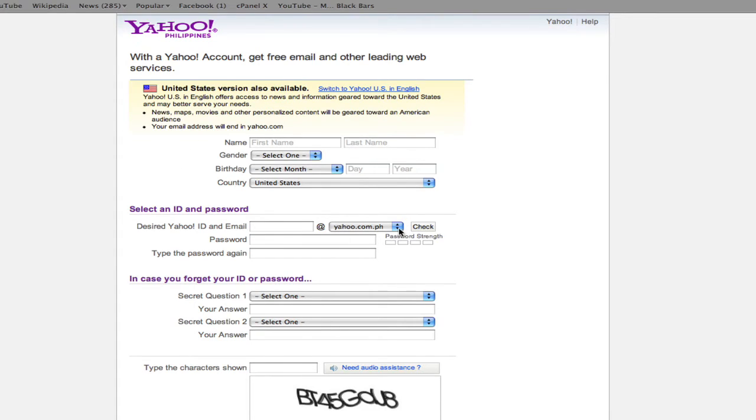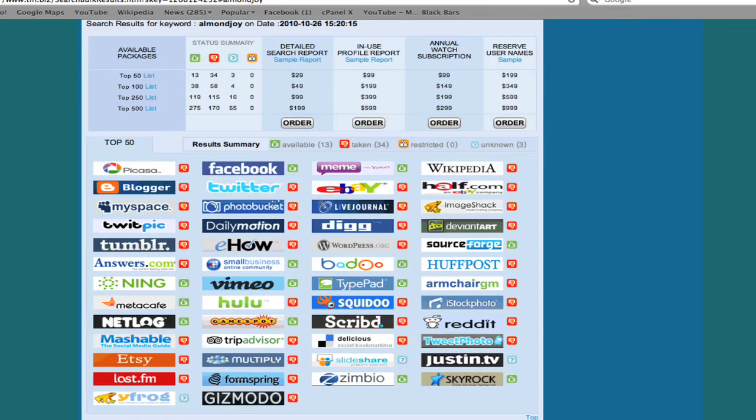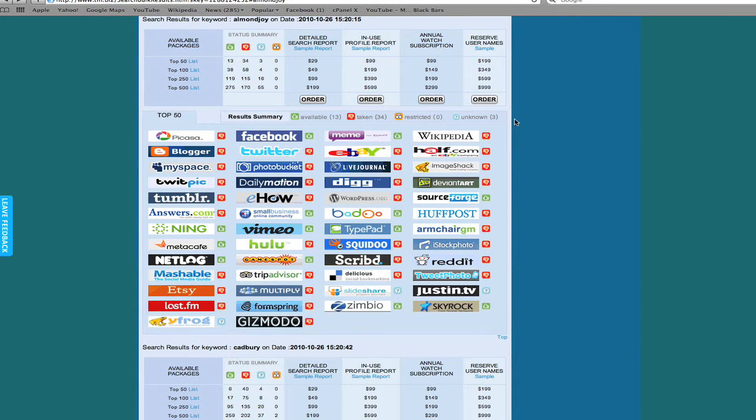It's defaulting to the Philippines. And so I can change that, and we'll create yet another email address in order to reserve Almond Joy on the Meme social network. And this is a process you'll have to continue to repeat on all these various social networks. So your other option is the tm.biz reserve service.